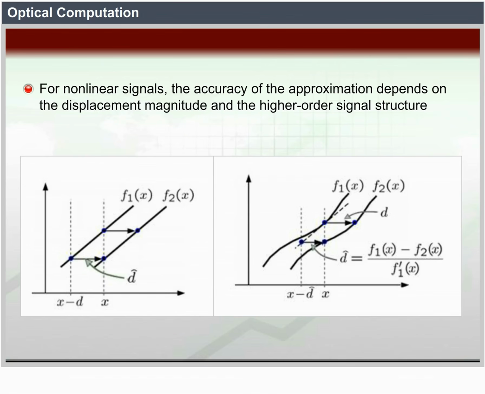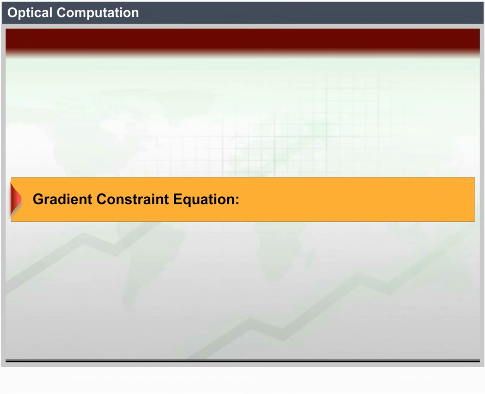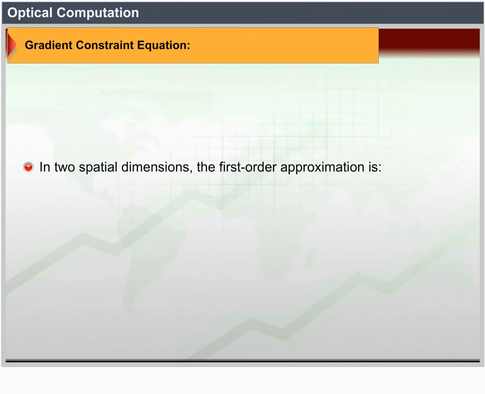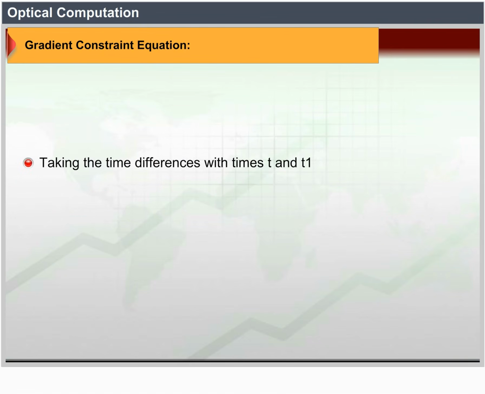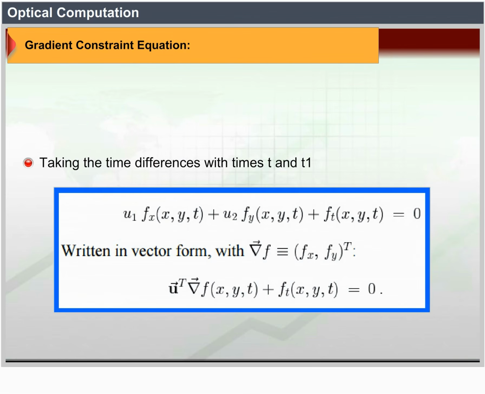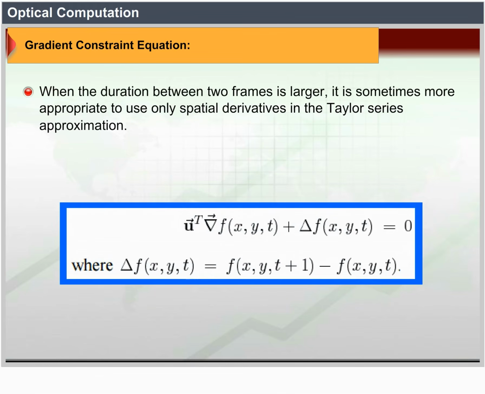Gradient constraint equation. In two spatial dimensions, the first-order approximation is, taking the time difference with times t and t1. Written in vector form, the following equations obtain. When the duration between frames is large, it is sometimes more appropriate to use only spatial derivatives in the Taylor series approximation. Thus, the difference approximation, where